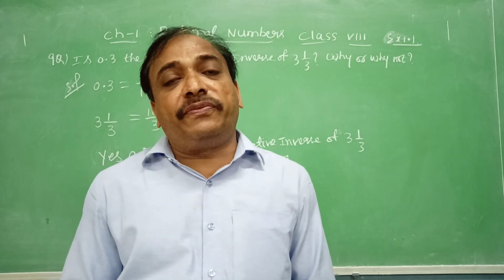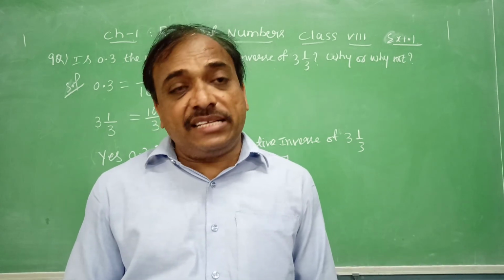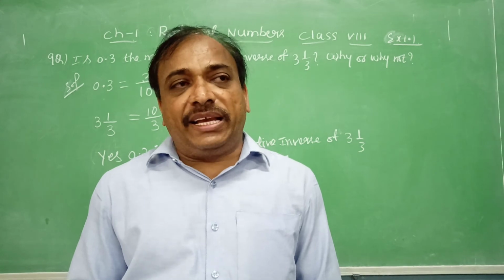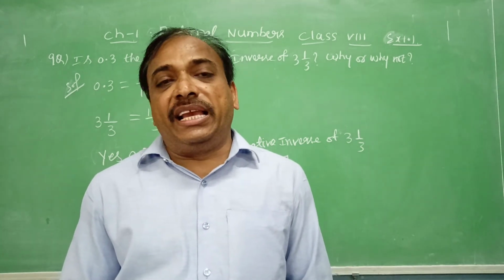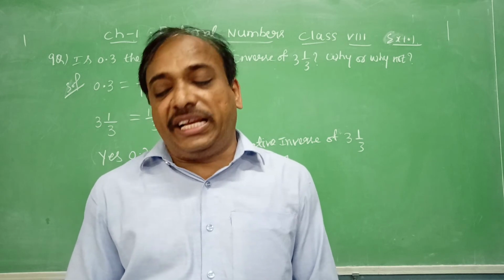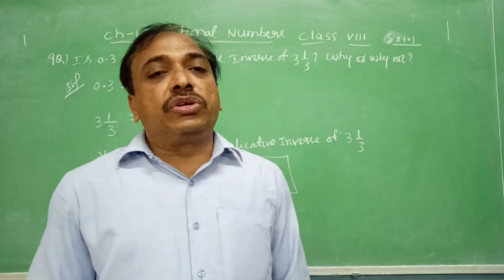So the reciprocal of minus 7 by 16 is 16 by minus 7. With that, now you have to multiply it with 6 by 11. You have to multiply and find the product. Question number 7.